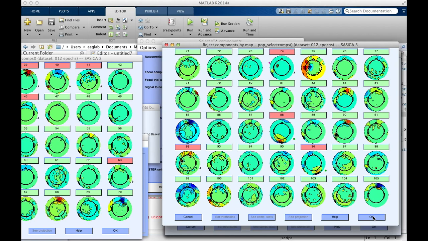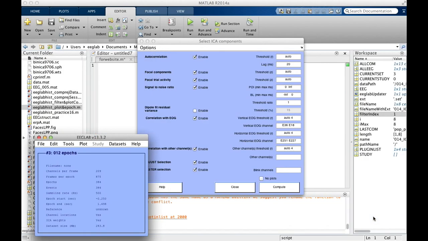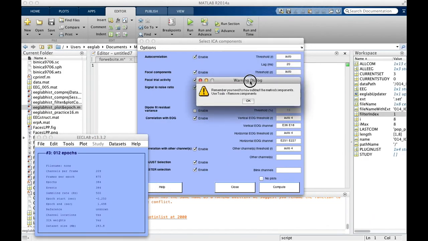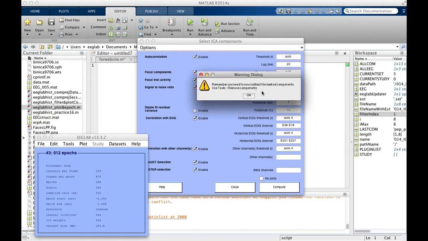But if we go through that and our data still is looking bad at the end, we might want to come back and look through a couple more components. Okay, so let's say I made it through all 70 components, looking at the windows one at a time. I'm going to click OK, and we get a little warning dialog that says, remember, you need to now subtract the marked components. So all we've done so far is mark the components as bad, and it tells us what to do next